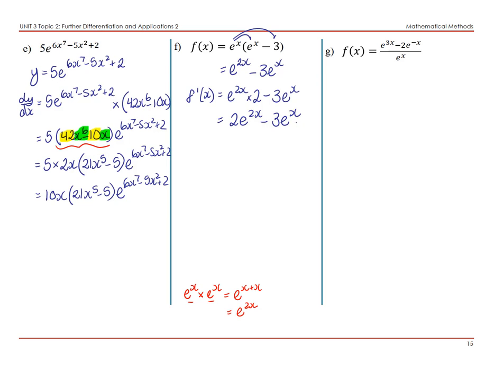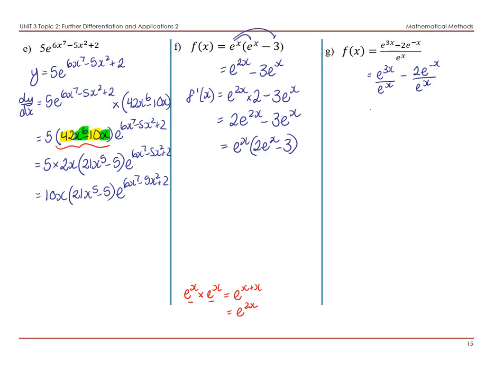Could you factorize it so it looks the same as what you were given in the beginning? Well, you could. e^x out the front, 2e^x minus 3. Okay, next one. You could think of it like quotient rule, or is there an easier way? Yes, split the fraction. e^(3x) over e^x minus 2e^(-x) over